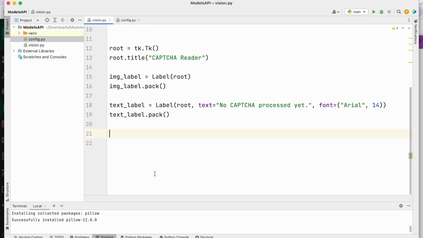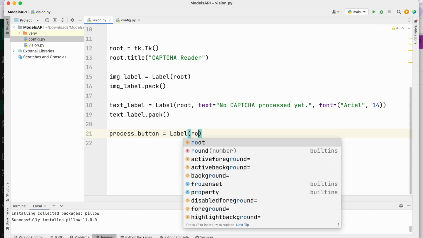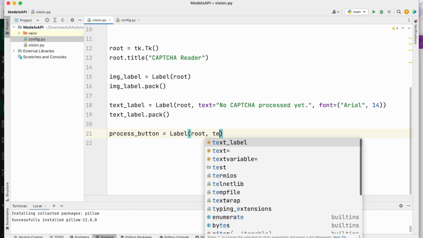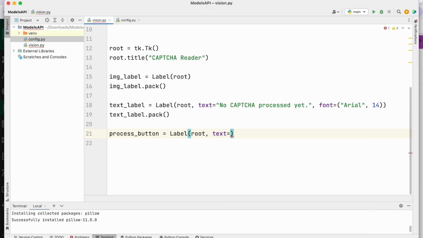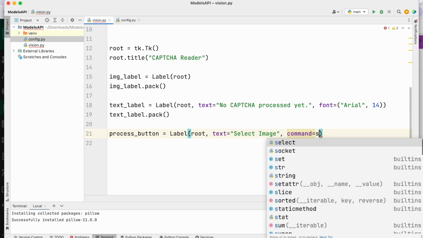Finally, I'm simply going to add the button that, when clicked, will let us select a file and then run this file through our CAPTCHA reader. Okay, so let's do process button equals label root, and here I will do text equals to select image. Okay, and then I will pass a command that will be called